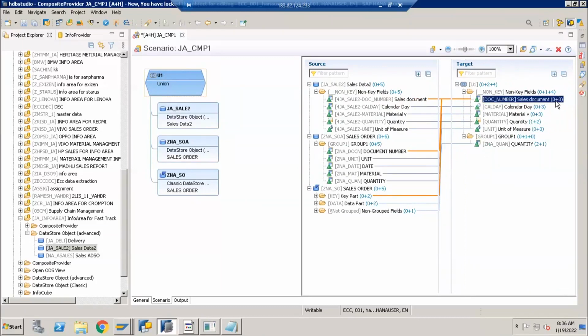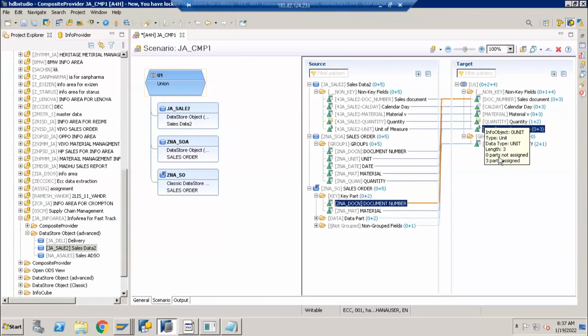You see 0 plus 3. What does 0 plus 3 mean? 0 plus 3 means this particular field was mapped from 3 different sources. Let's say for example, I am removing the mapping from here. Okay, now you see 1 plus 2. It means it is available in 3 places in the source, but it is mapped from only one, 2 places it is mapped. So that's how it is, remember. Now it is 0 plus 3. Okay. Next group. That's it. That's what I can explain as of now here.